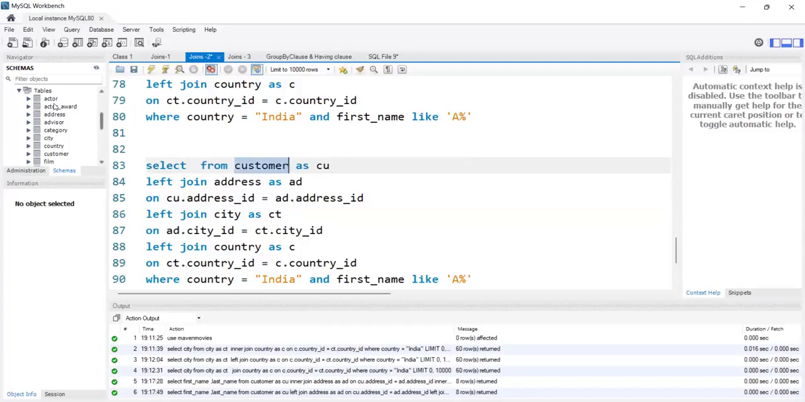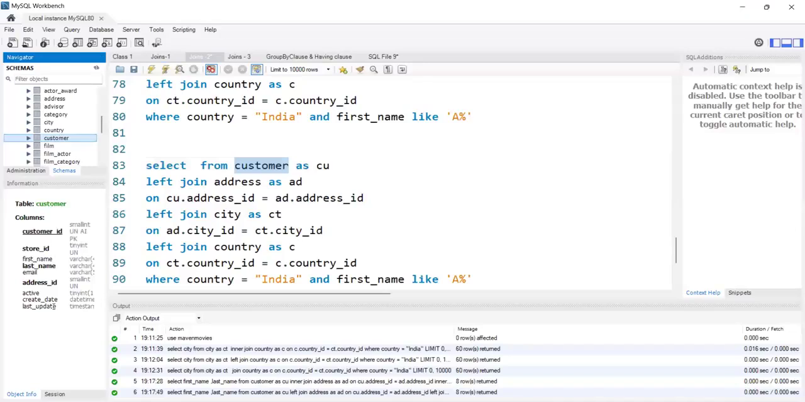First, we have the customer table, correct? Let me click the customer table here. You can see we have this many columns here, right? Like 1, 2, 3, 4, 5, 6, 7, 8, 9 columns. I have 9 columns in the customer table. So if we really want to see the complete data from the customer table, I will directly write it as